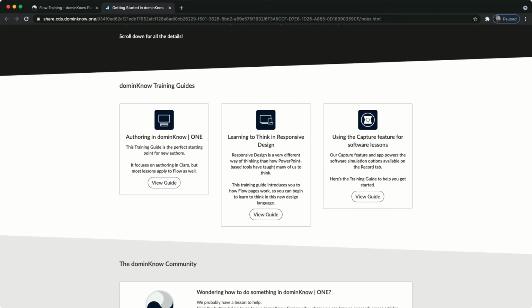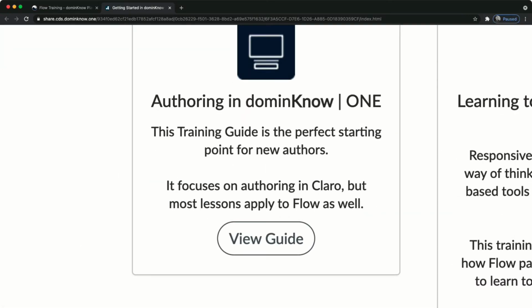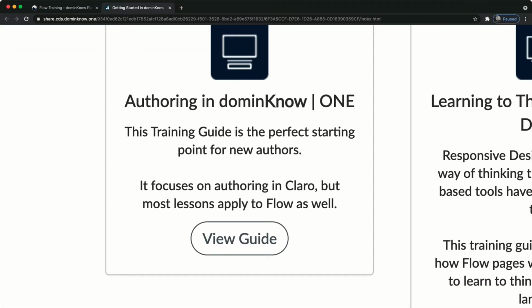And it's important to understand how they flow. So the training guides, the first one to the left here is called Authoring in Domino 1. And it definitely gets you started in the basics of Domino, but it starts you off in Claro. And even if you've purchased the tool and you know you're going to be creating responsive projects and responsive content using the Flow platform within Domino, definitely start off with this first training